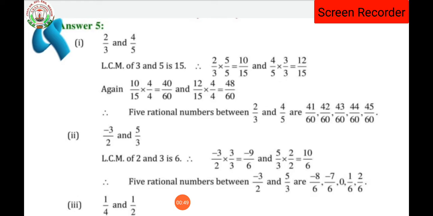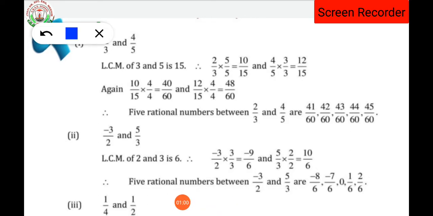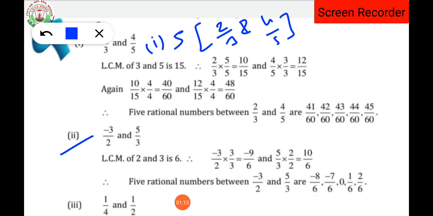So what is said in question number 5? It says that we have to find 5 rational numbers between 2 by 3 and 4 by 5. This is the first part of the question. This is the second part of question number 5, and this is the third part. So in all these three parts we have to find